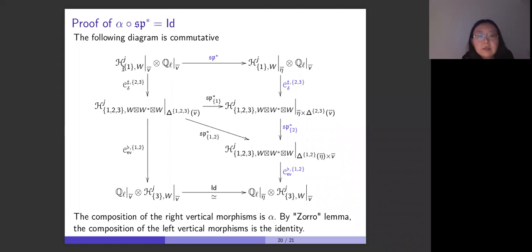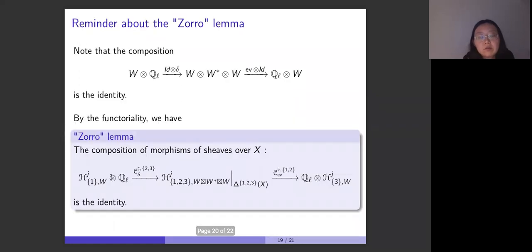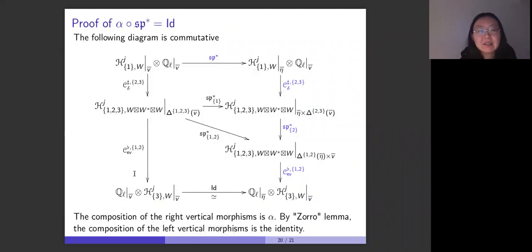The composition: for the right vertical morphism is what we constructed, and for the left morphism, it's the Zorro lemma. So to apply the Zorro lemma, all the three legs should be in the same place. This one is on the diagonal. I forgot to say that delta means the diagonal of X in X3. So in the left-hand side, where all the legs are on V, by the Zorro lemma, we know the composition